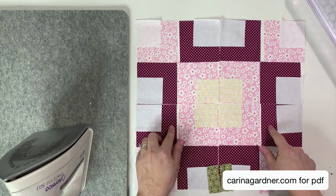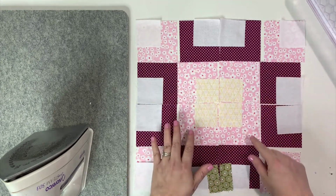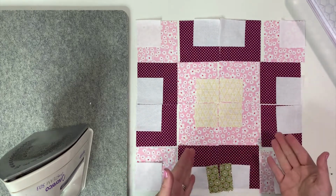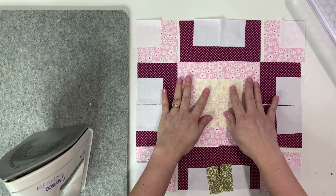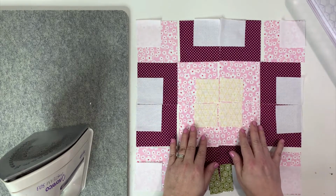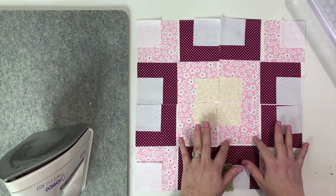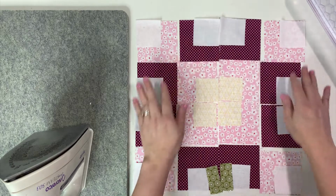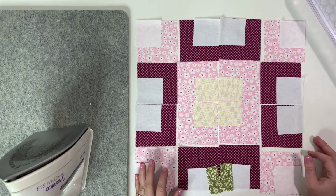And so these you need 8 of. You also need 8 pink ones, and you can see I'm using same colors, same fabrics from other blocks. Then you need 4 of your yellow squares, which these are 2-inch yellow squares. And by the way, these are 3.5-inch blocks. Then you do need several of these little white ones. These white squares are 2-inch